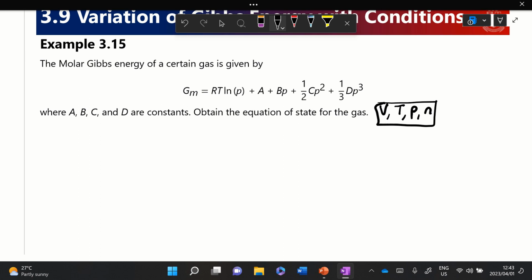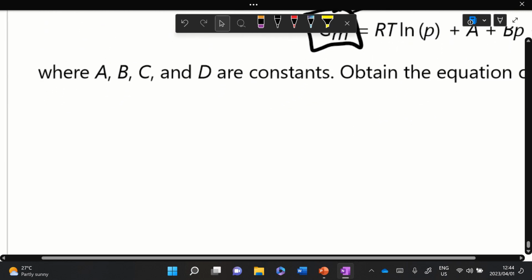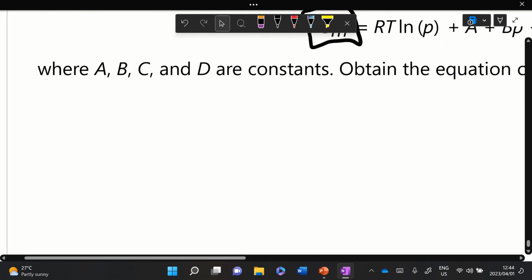We need to take derivatives of slopes of graphs of calorimetric measurements that we take and whatever. But we can measure the volume, and we can measure the temperature and the pressure of a gas and whatnot. So how can we connect this Gibbs energy to one of these values? That should be something that shouts Maxwell equations. And in fact, if you look at the table, there are two Maxwell equations that are